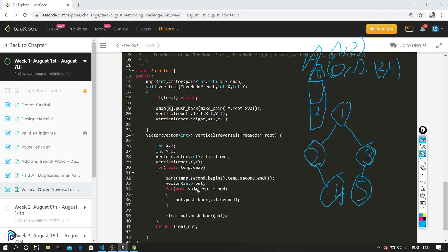After doing this, we'll return this hash map. In this hash map, we go for each value. Initially we go for minus 1. In the minus 1, we sort the array based on the level value, so 2 alone will be printed. Similarly, we go to the second value in the map, which has 0 comma 1 and 2 comma 4. We sort it based on the first value, which is the level. After that, we just push them back to the array. Okay, so you can run it and see, so that you can have a better understanding.